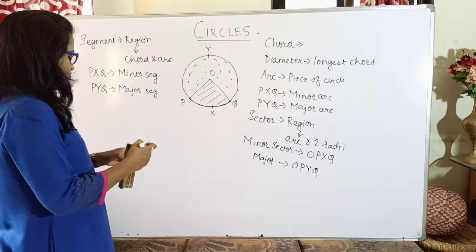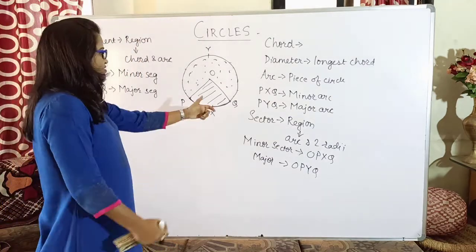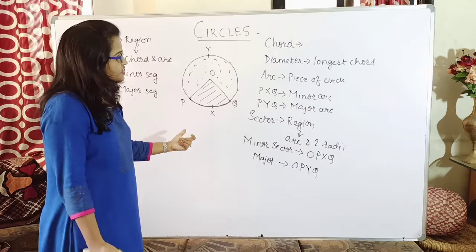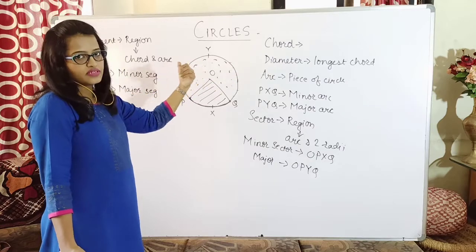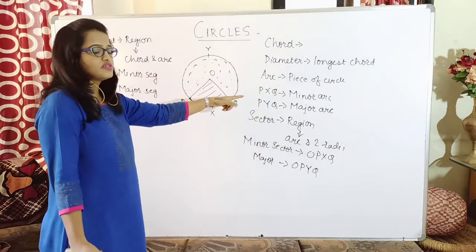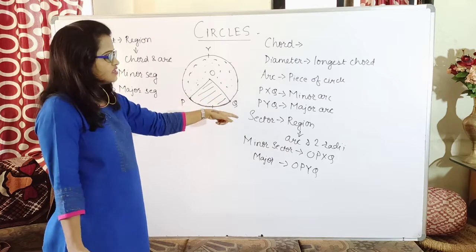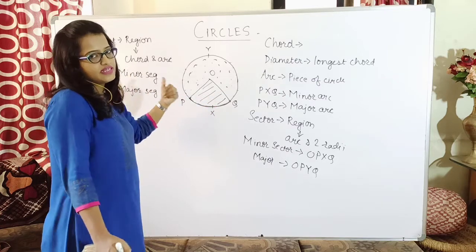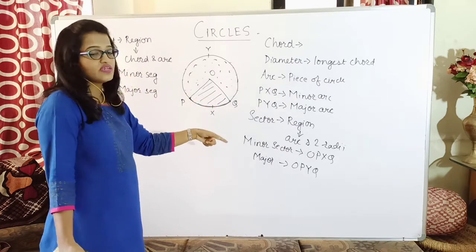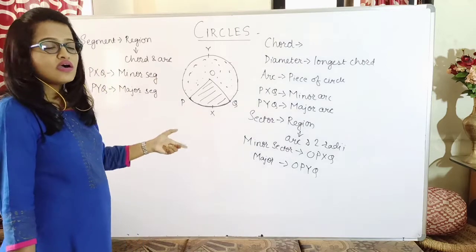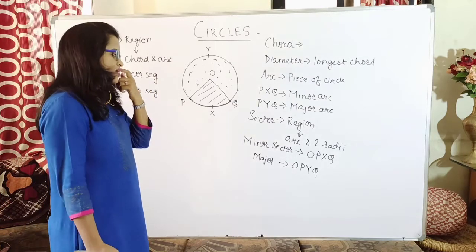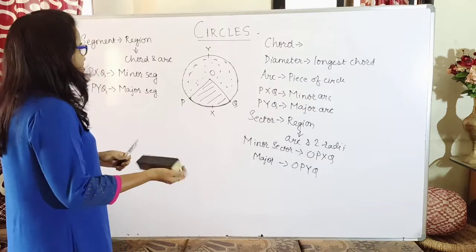Okay. Further, we have seen chord, then we have seen diameter depending upon the chord. Further, we have seen arc, which is a part of circle. Then we have seen segment, that is the region between the chord and the arc. Then we have seen sector, that is the region between the arc and the two radii. Now the next thing is